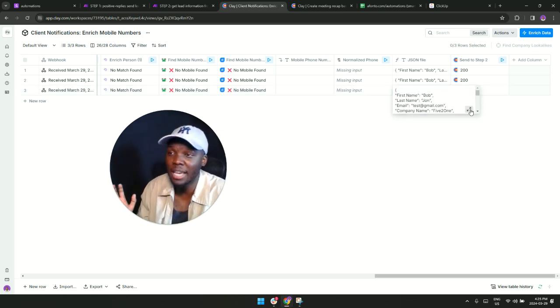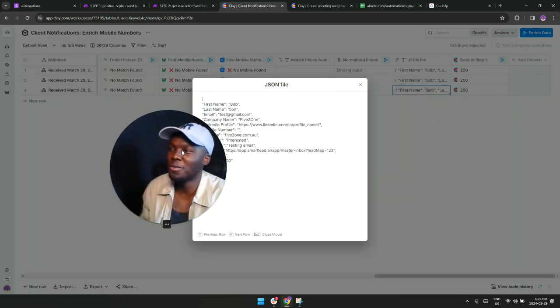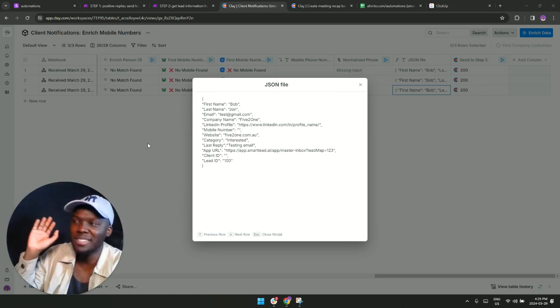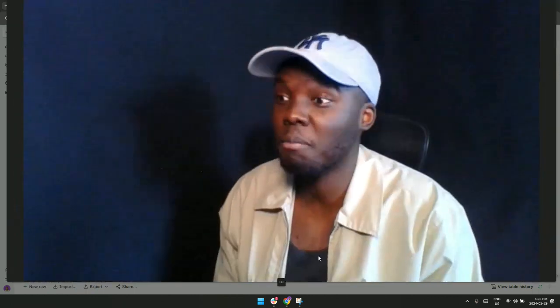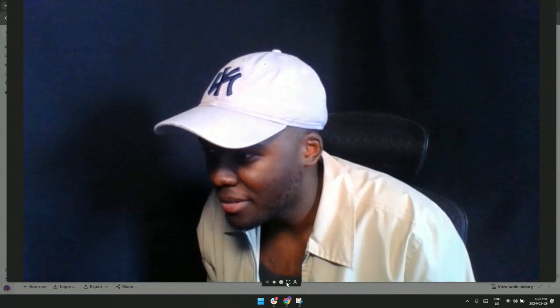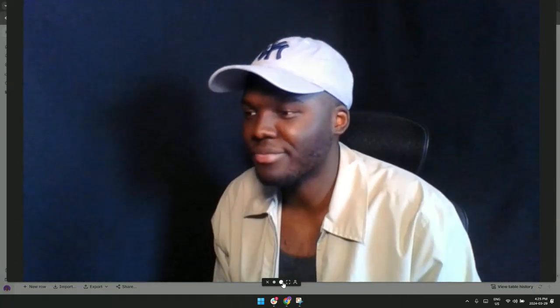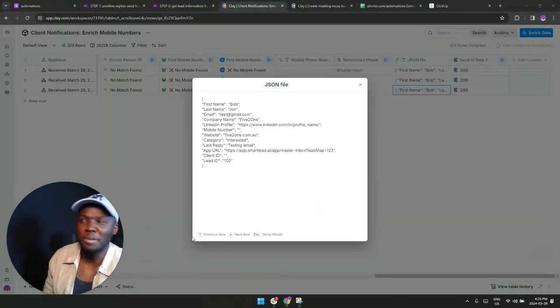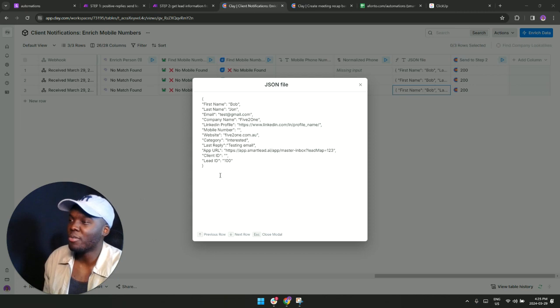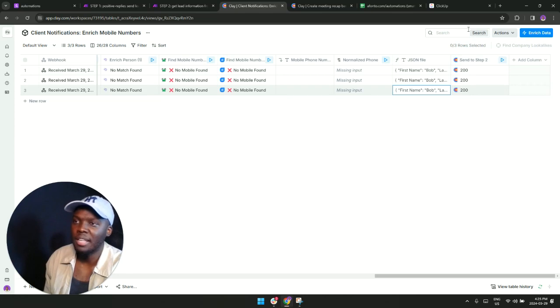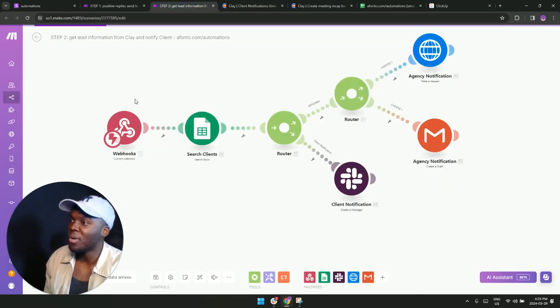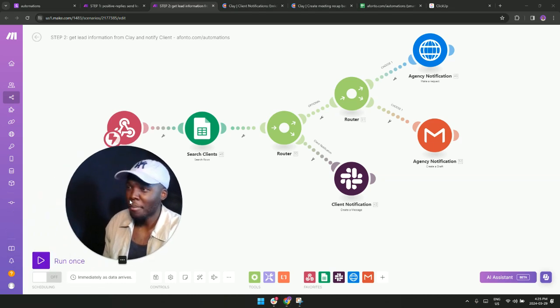So if you've never used Clay, don't worry about this being too complex. So this right here is the end output. It's a JSON file that we then send to this HTTP module, which sends a webhook onto this second Make